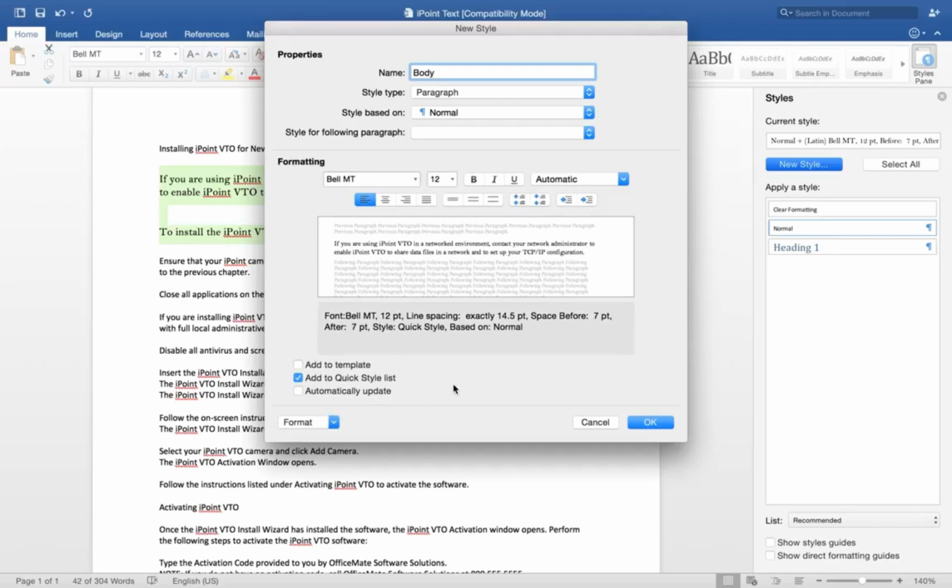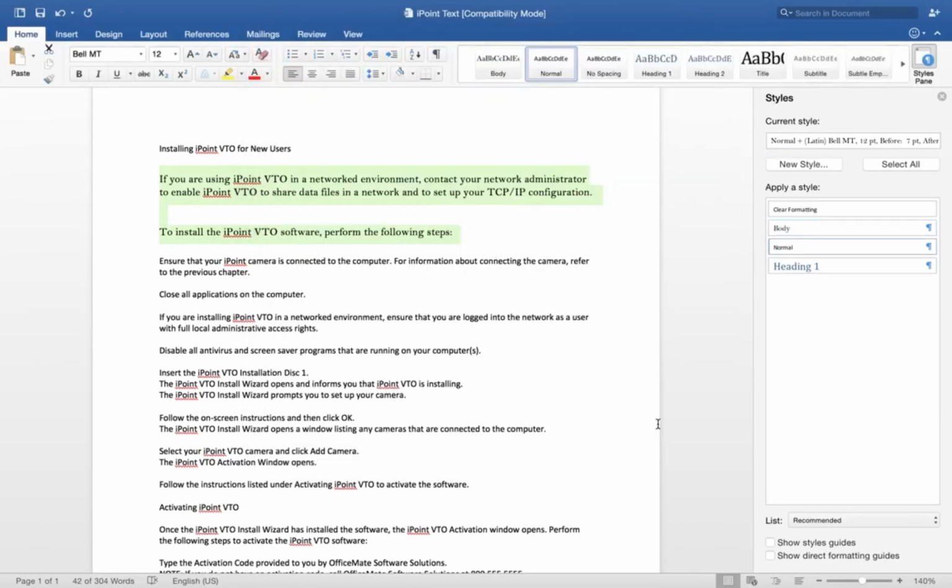The only other thing that I would say we need to do here is to click OK. So now you see we have a body style. With the text still selected, click Body, and that applies the style. You'll notice now it just says Body. It doesn't have all of that other formatting information.